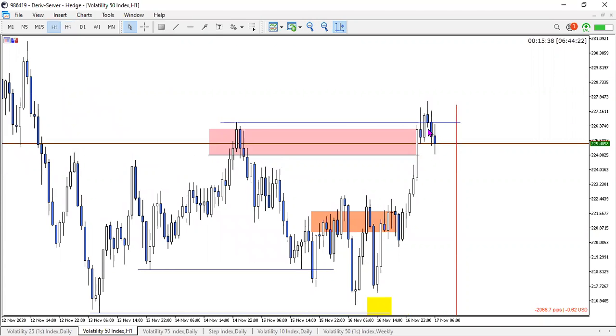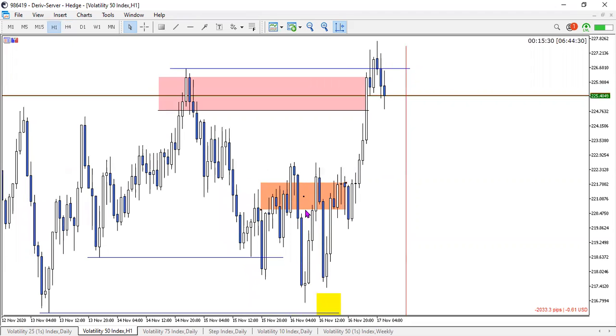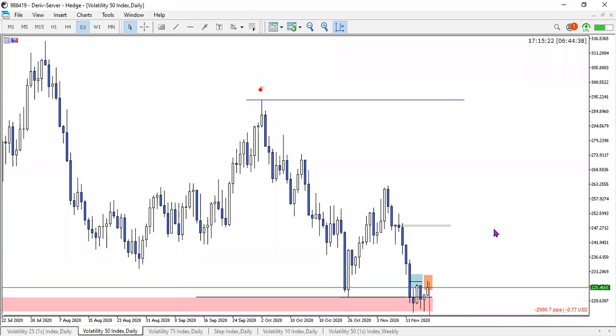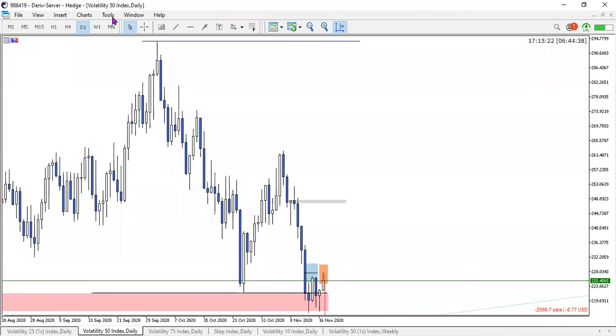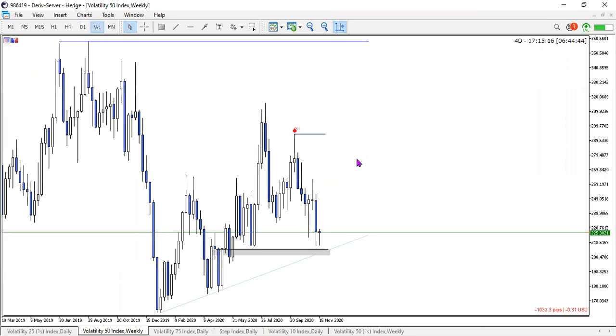And yeah, we've also got this zone here that I had marked up on the H4 for price to come down from. So this is a very clean trade. This is something that I am currently in at the moment, and I will be holding this until I get a take profit or until I see the setup becoming invalid. Overall, I am still looking for the buy off of this gray zone over here. That also confluences very well with the daily setup that I'm looking at, because I'm expecting price to bounce from here and go back to the upside.